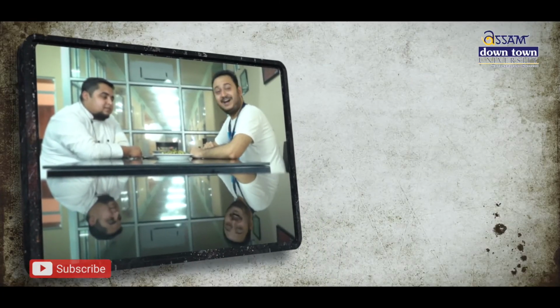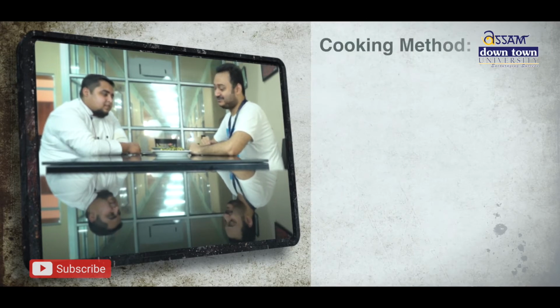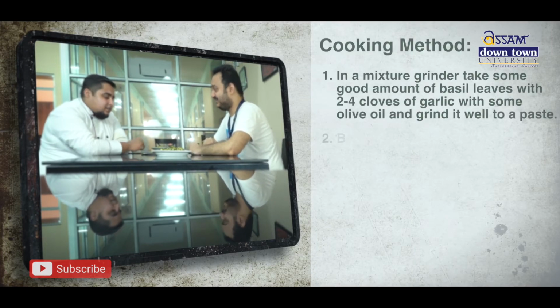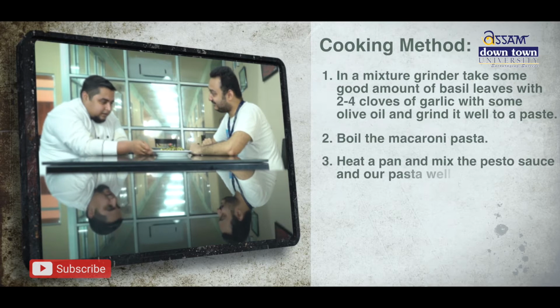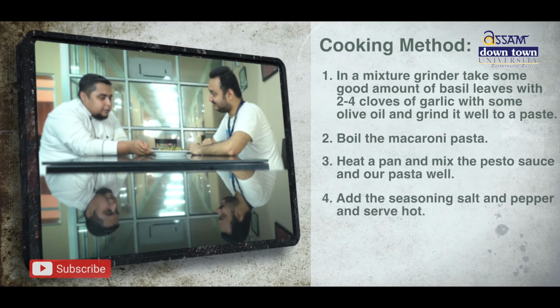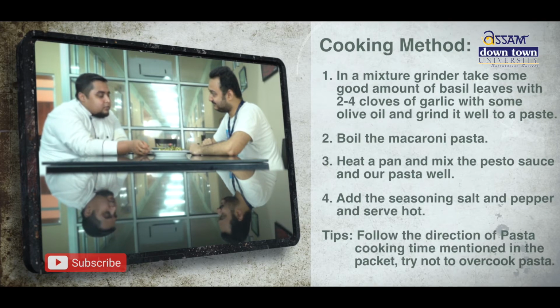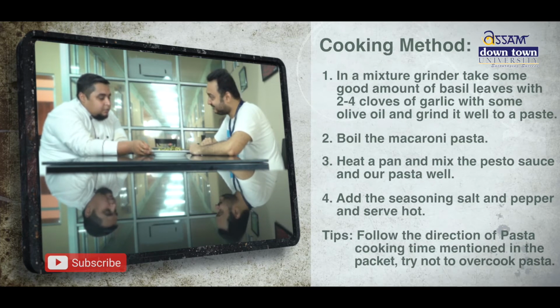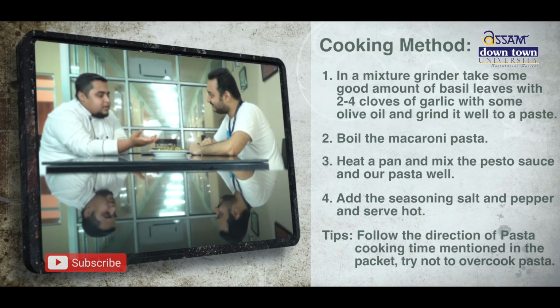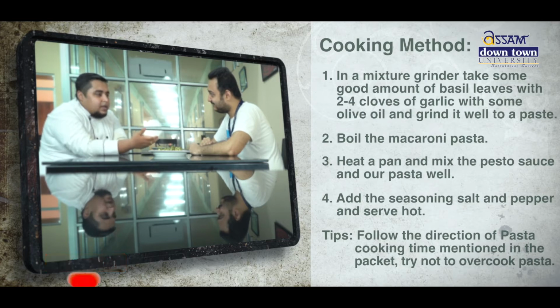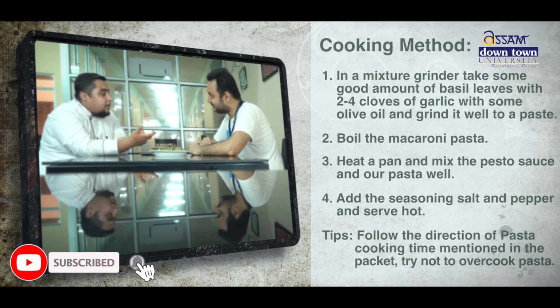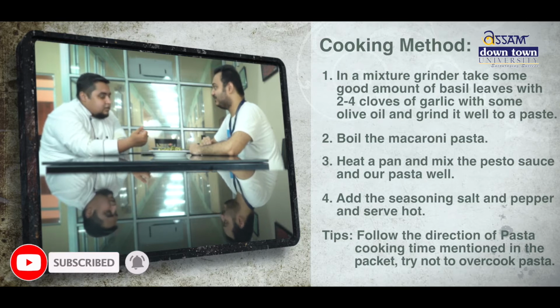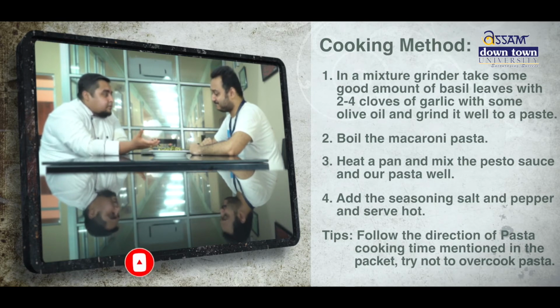So let's ask about this dish. Tell me about this dish, about the history of this dish. The history is normally it started from the Roman Empire. Oh, that's really interesting. So beforehand they were preparing different varieties of pesto. Pesto is a type of mixture. If I say in Indian origin, we have chutneys. Sauce, we can say. Yeah, that same thing.